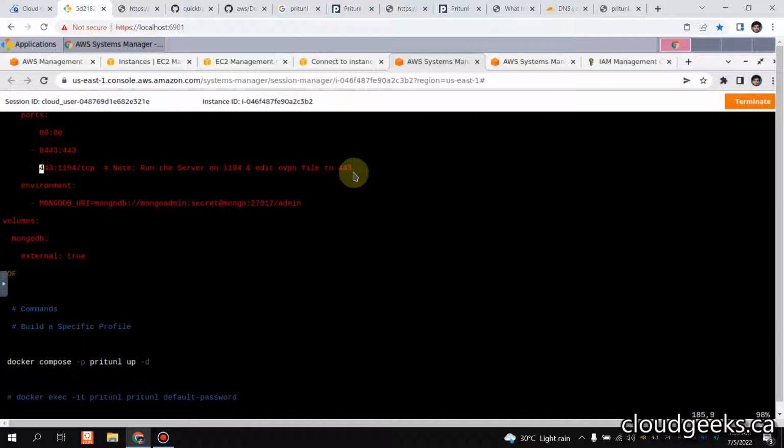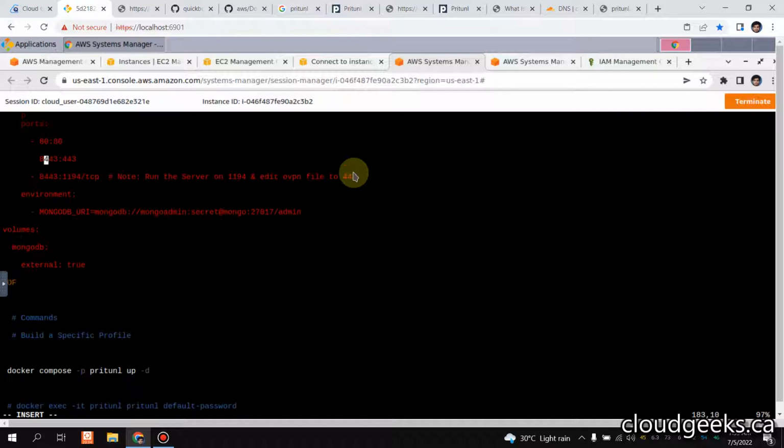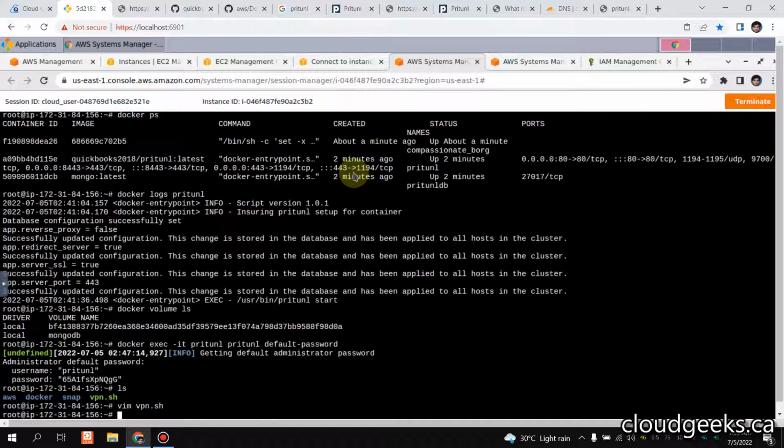The whole idea behind that is I don't want to use anything else on port 443, but for the sake of this demo, I want to show you the HTTPS as well. So I'm going to use my VPN mapping on 8443, right? And I'm going to change this to 443. So I'm going to save it